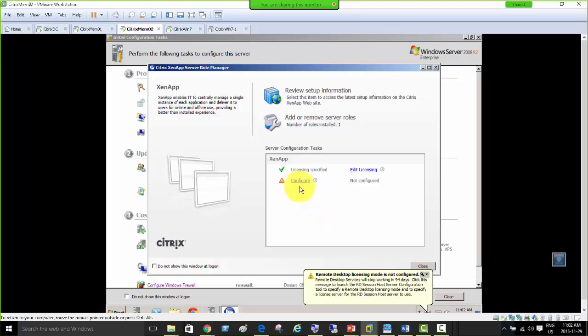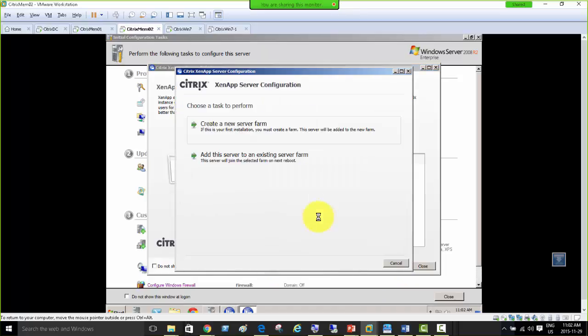When you click configure, this is the remote desktop licensing mode, which we did not configure, and it's 94 days left. Sometimes what happens is, since that option popped up for remote desktop, if you do not take care of the Microsoft side of licenses, and you say that, oh, we have enough time for Citrix licensing, and if the remote desktop licensing finishes, then of course you don't have a XenApp server,